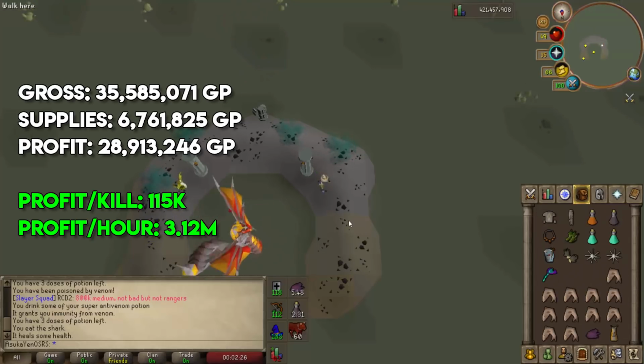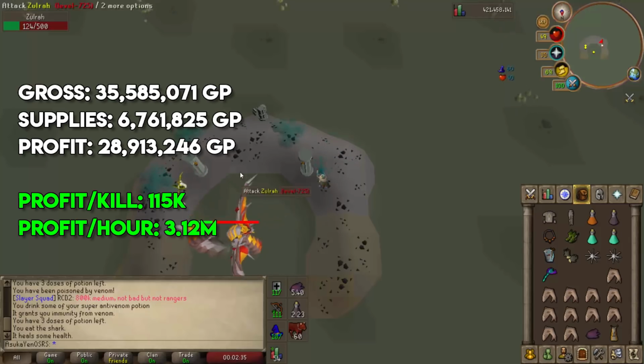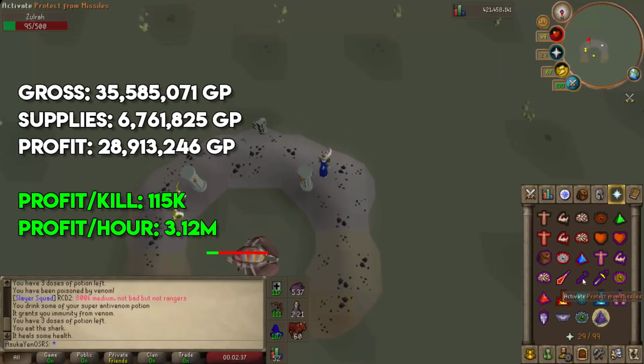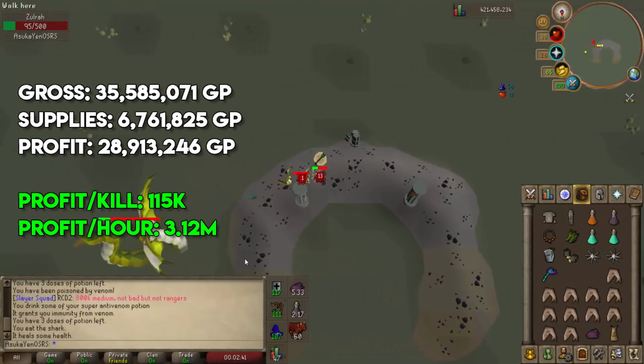35,585,071 GP. Now, because of that extra DPS, it decreased my supply cost quite a bit, and I ended up only spending 6,761,825 GP, giving me a total profit of 28,913,246 GP. Now, as far as the other setups, the profit per kill was pretty much right there with the